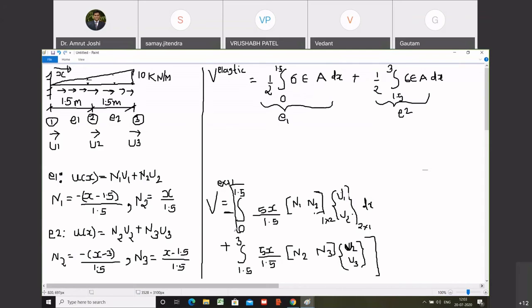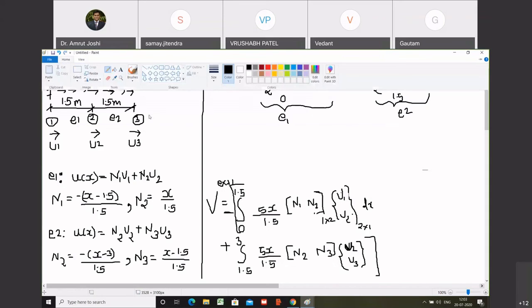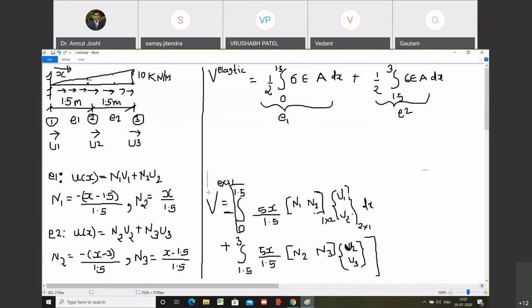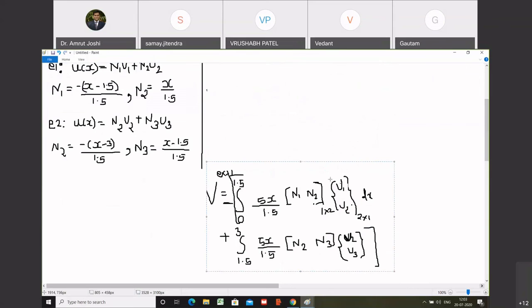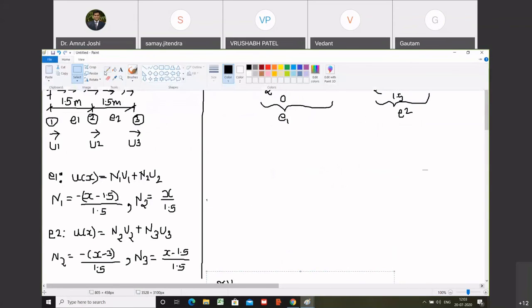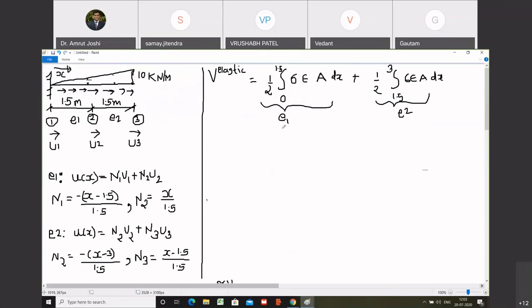So let us go ahead. Potential energy associated with elastic force. Now we are writing for element number 1 and element number 2. Let me create some space here. So let us write this down now. I want to express both these terms only in terms of nodal displacement. If I were to do that, I will have to express strain in terms of displacement. That is the first thing. Second thing is I will have to express stress in terms of strain. So let me do that first.